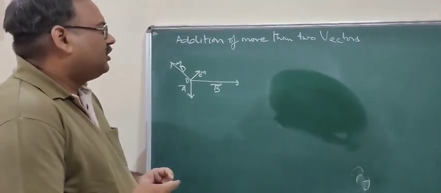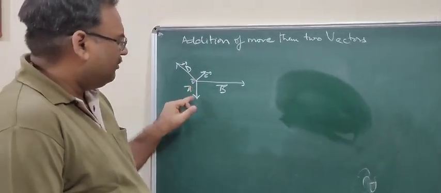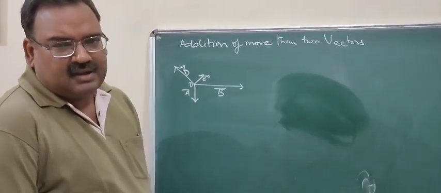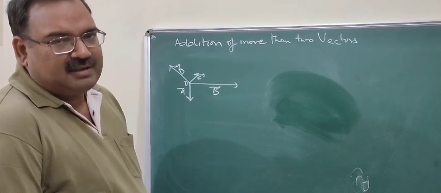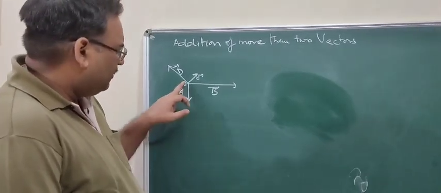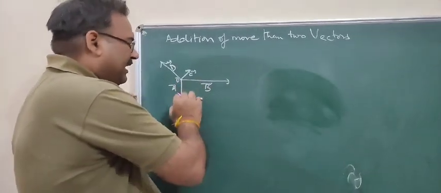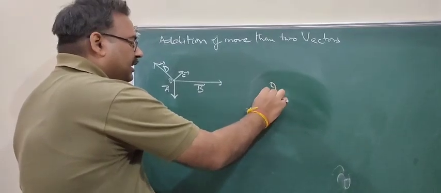Now we have addition of more than two vectors. Here you can see O is the initial point and there are a number of vectors A, B, C, D, each in a different direction and of different magnitude. So we have to add them together. We start from the point O. We take vector A, so we draw a vector parallel to A from the initial point. So this is vector A, from O to A.